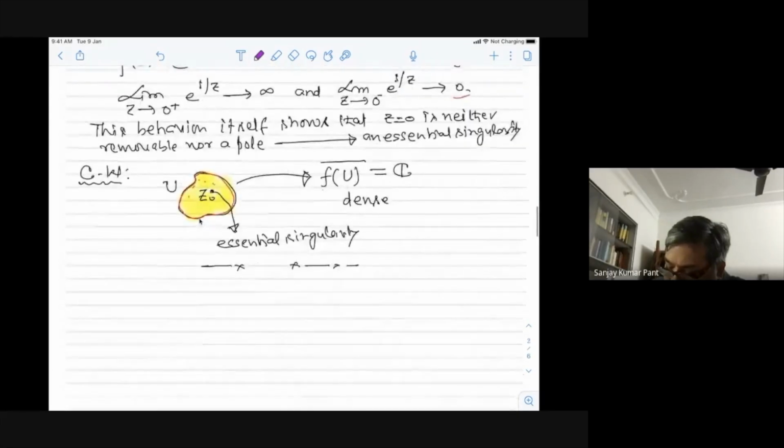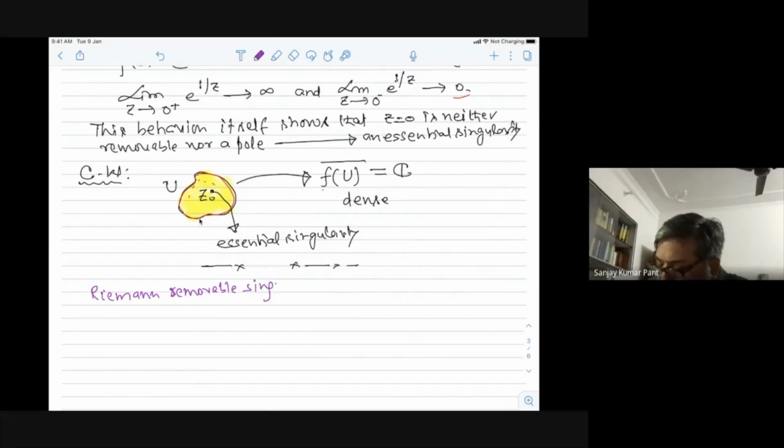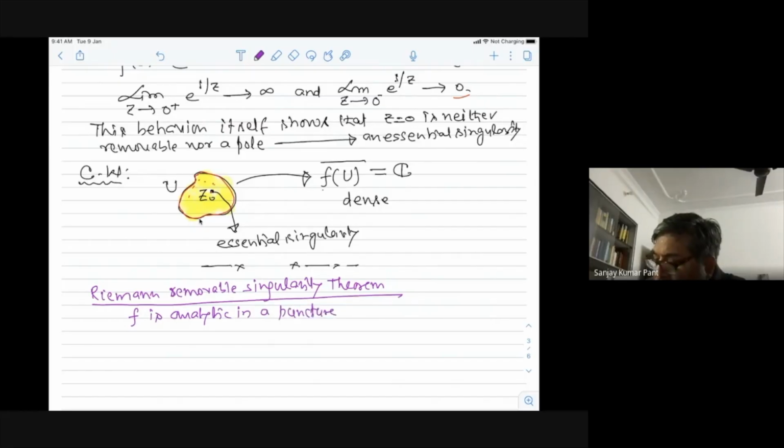I will write here, that is called the Riemann removable singularity theorem. What it says is that if f is analytic in a punctured neighborhood of z0 and the limit as z goes to z0 of (z minus z0) f(z) is 0, then